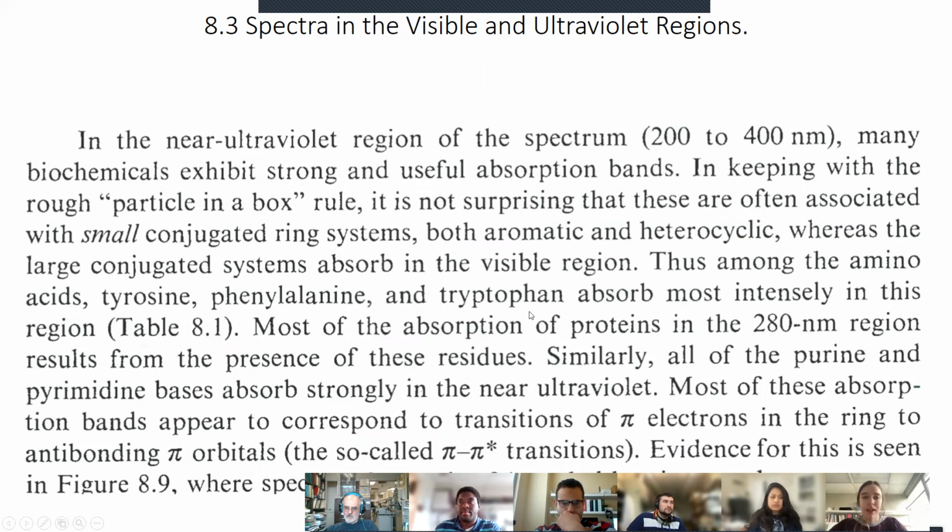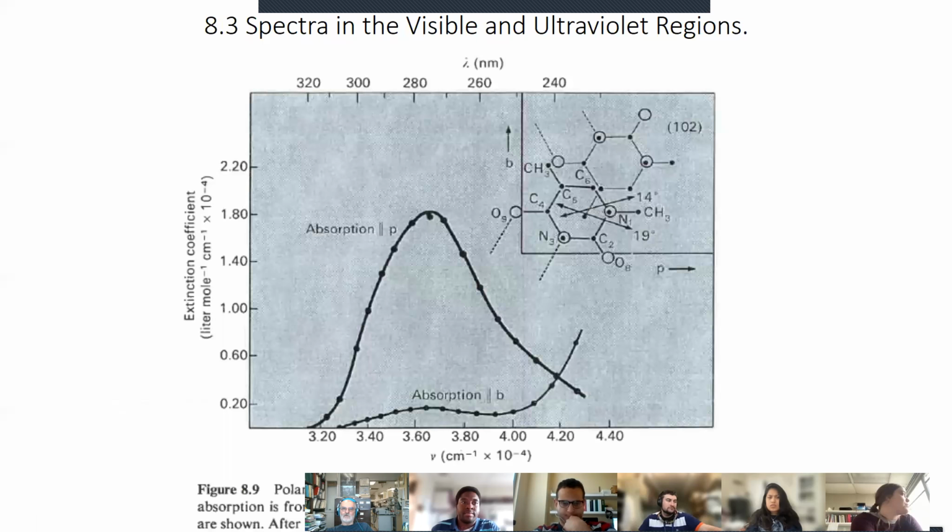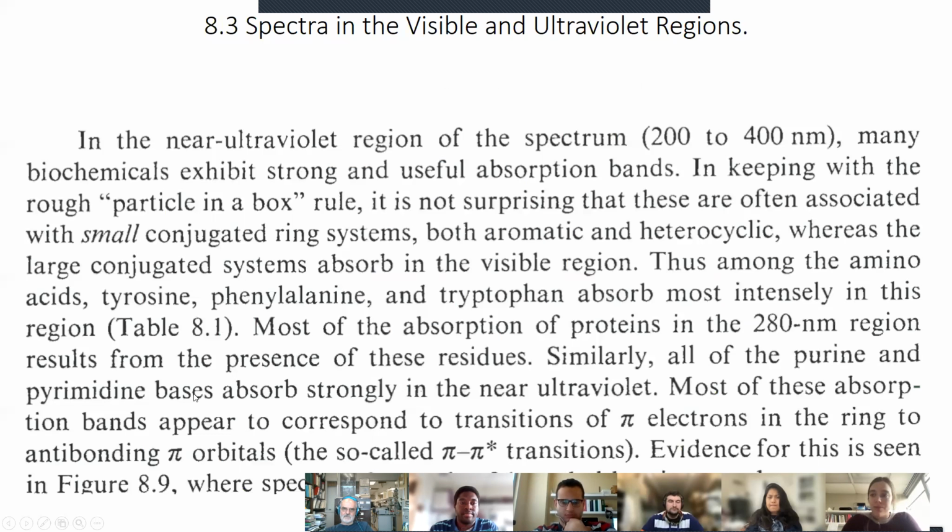Notice the wavelength corresponds to the size of the conjugated system. Think particle in a box. Notice they're calling it the particle in a box rule. Okay. So it goes as 1 over a squared. And so the energy will go inverse with the size, and the wavelength, therefore, will be inverse with the size in that regard. Now, here's an example, and they refer to this example at the bottom of this section, corresponding to